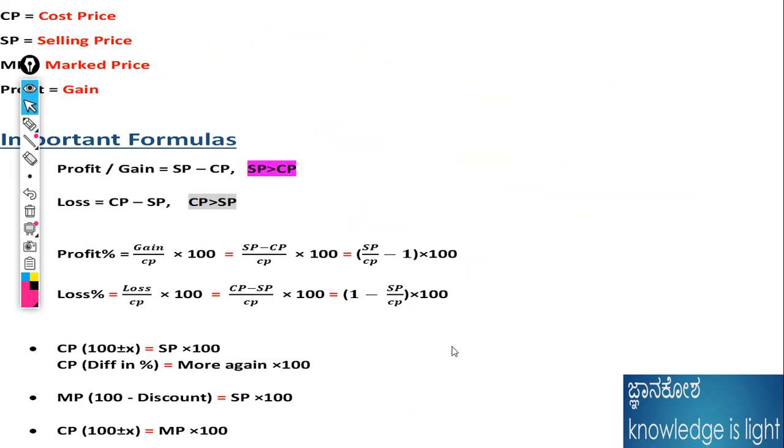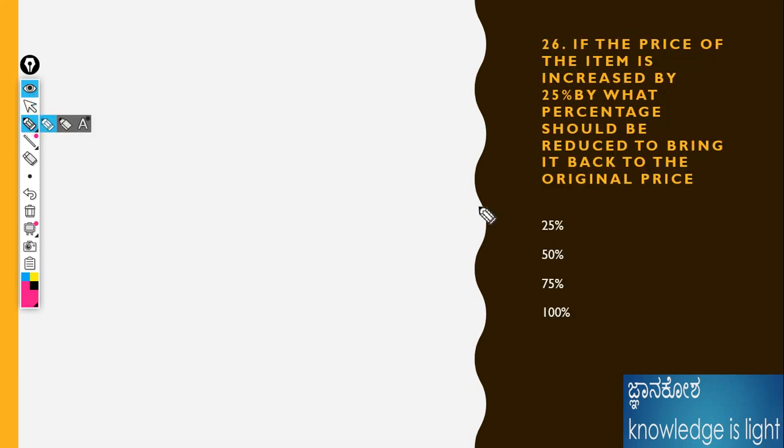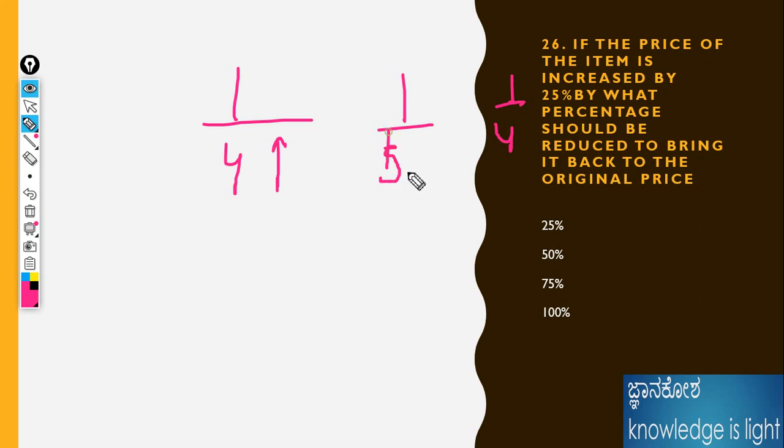I will explain. This is the problem, already 25 problems up to the 25th problem. In the 25th question: if the price of an item is increased by 25%, then by what percent should it be reduced? The price is increased, so it should be reduced from the original value. I will tell the shortcut. 25% is 1 by 4. If values are increased, it should be reduced by 5, that is 4 plus 1, 5. N plus 1, I already told. That means 1 by 5 means 20%.